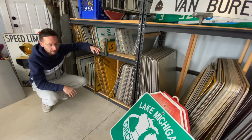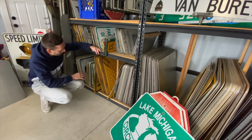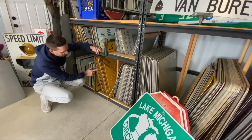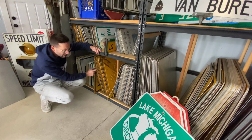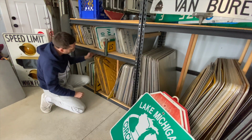And so far I have found quite a number of green signs in the collection to put on the wall. So hopefully some red signs are going to come up. I'm going to look through this here. These are really all yellow warning signs, 24 by 24. I have a 24 by 24 orange road construction sign or men working sign right here. That'd be great for a Halloween wall. I'm going to push this forward